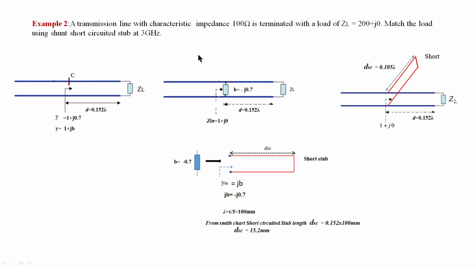So what we have to do is design like this. First, you should mark the load, because this is the load here, connected here, equal to this. Next, because it is a shunt stub, you have to connect a stub like this, in shunt. So from the load you should move over a transmission line like this, and stop wherever the admittance is like this.